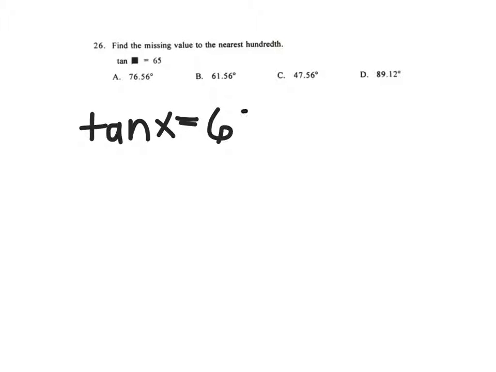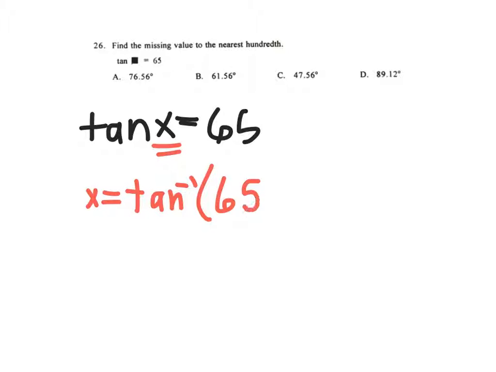equals 65. We still need to get X by itself, so we have to undo tangent. To do this, we have to do the inverse tangent. Remember, that's the one with the little -1. So you're going to do X equals the inverse tangent of 65, and that's what you're going to type into your calculator. Remember to type it in. You're going to do second tan, type in 65, and your answer is